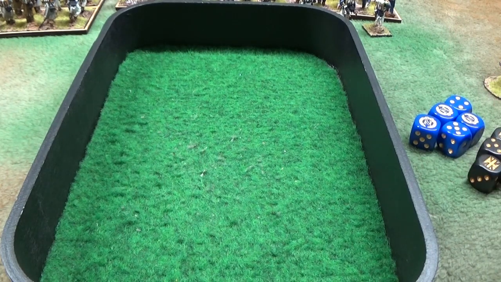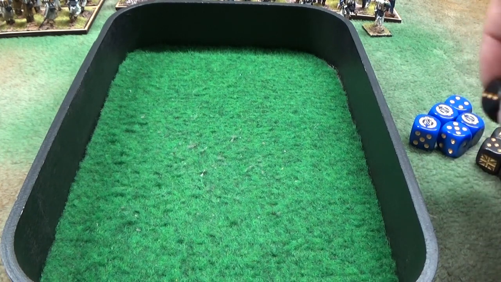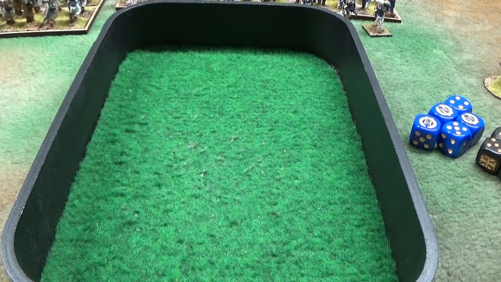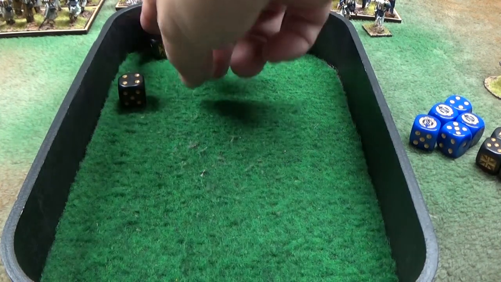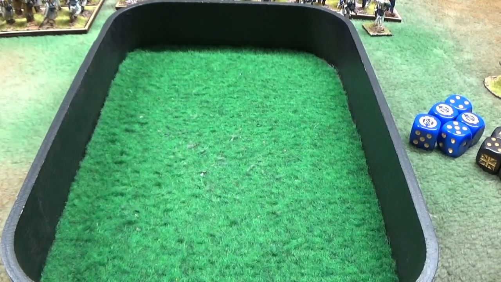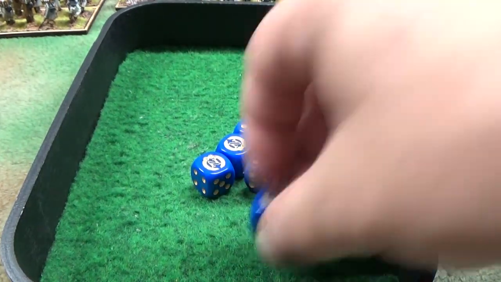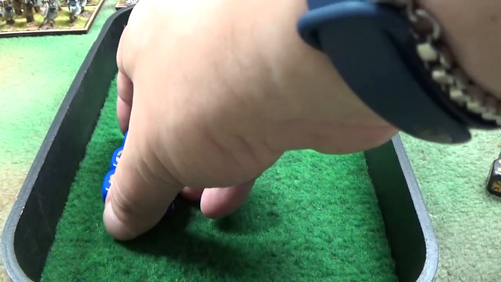But the units are exhausted, and the British need to take 2 Valor tests. They have just 1 casualty plus 1 over their tenacity. So 2 Valor tests for them: 1 pass, 1 failed. And now the Grenadiers are 5 attack plus 1 because they have the support of their partner